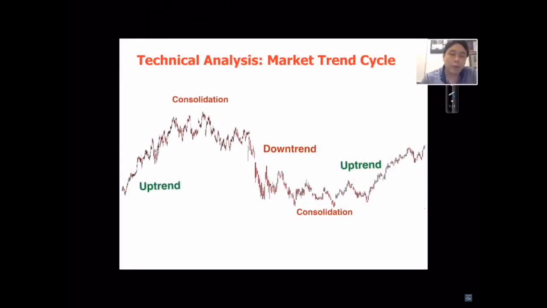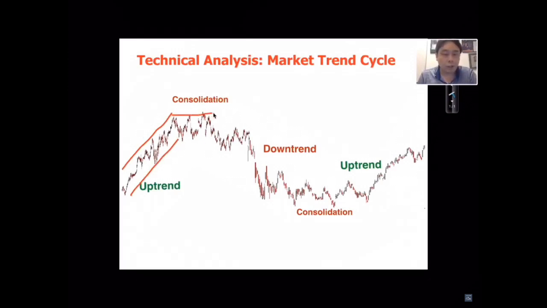A good business would always see its share price increase. But in the short run, prices go through market cycles or phases. So any stock, any market will go through three main parts of the cycle. There's a certain time when the price is on an uptrend cycle, where prices tend to move higher in the short run.